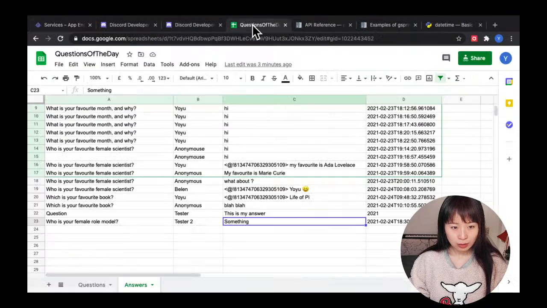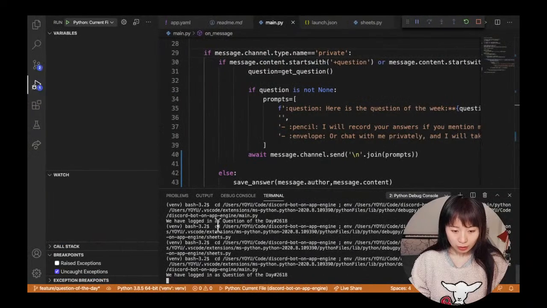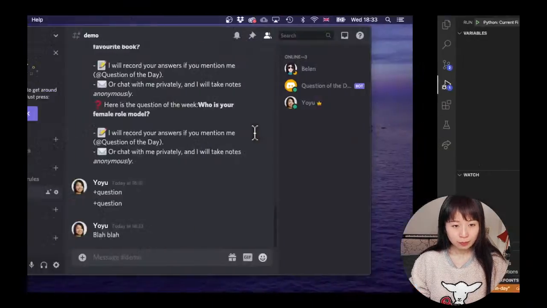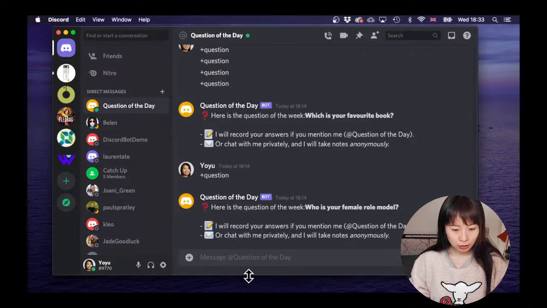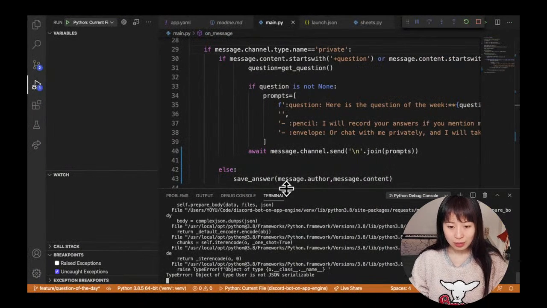So does it actually work? I don't think it actually works. So why is it? Because I didn't write in the private message. What I need to do is actually put this blah blah in the private message. And you see here,